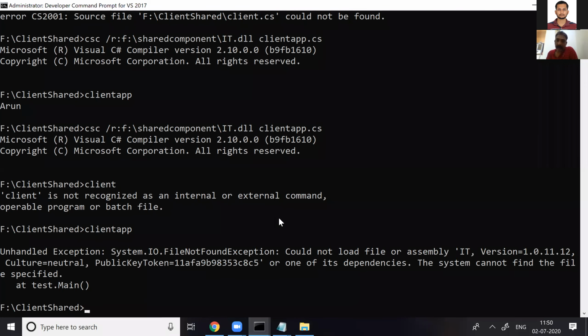So look at the error. Now the public key token is in my DLL, not in the global area. It proves why we map our DLL to the global area, just for authentication.